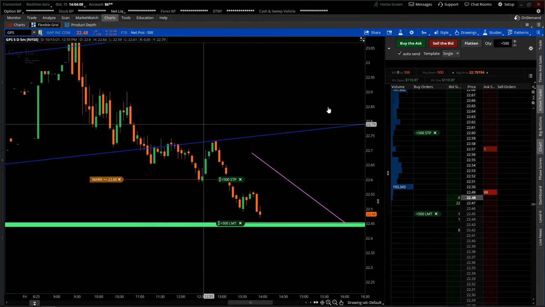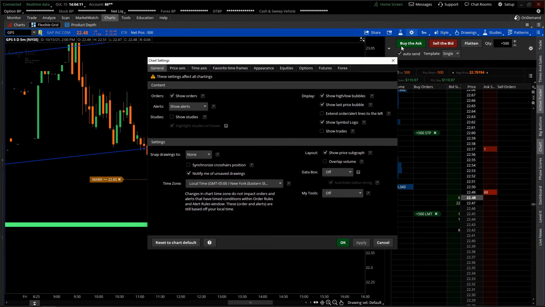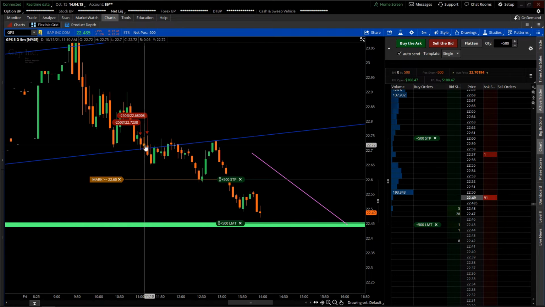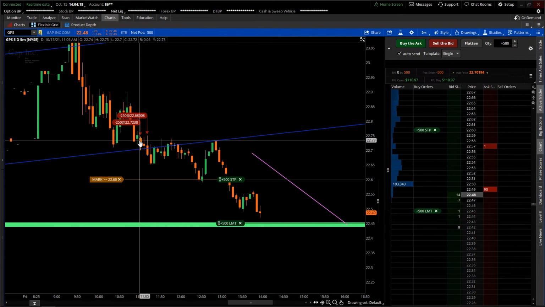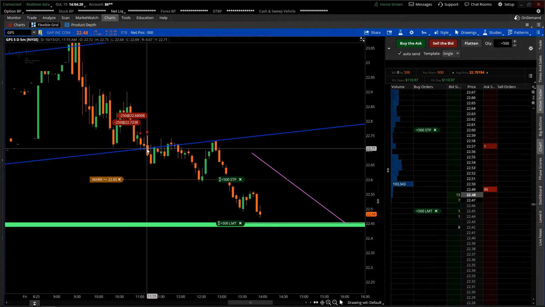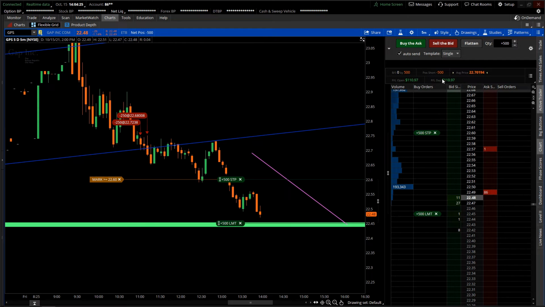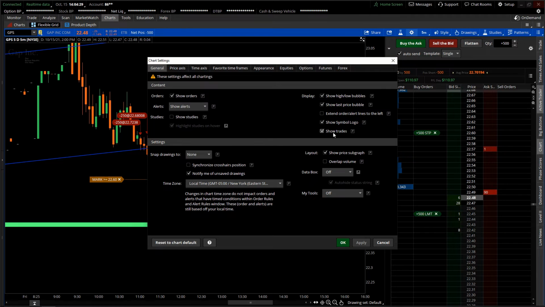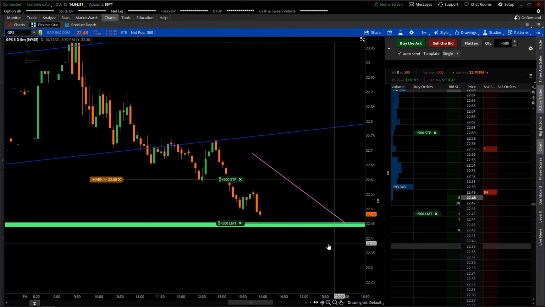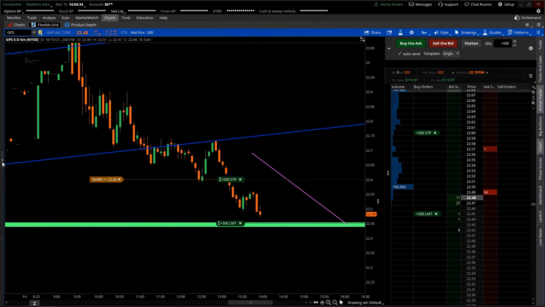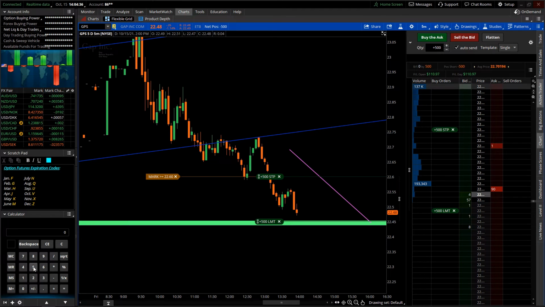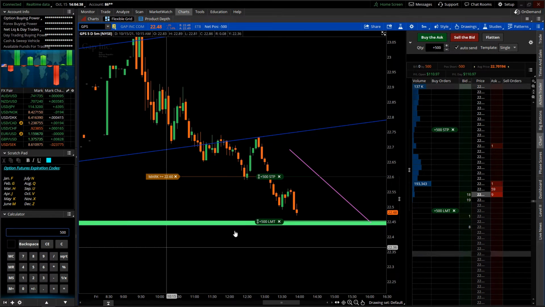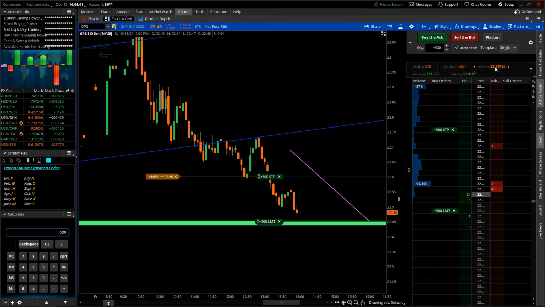And just to recap, my trade entry was right here. So I sold 250 shares here, and then I sold another 250 shares here for 500 shares right here. And with that, so 500 shares, I shorted 500 shares, and my price per share is about